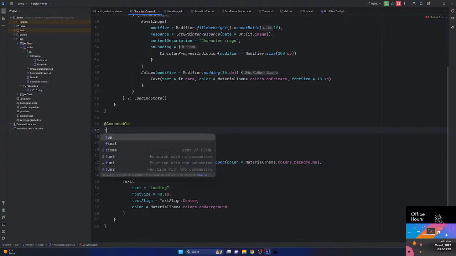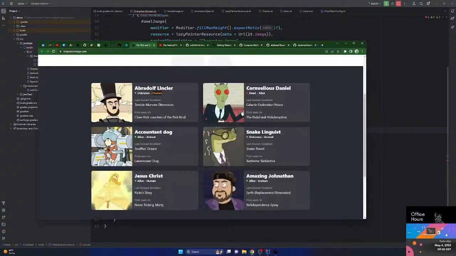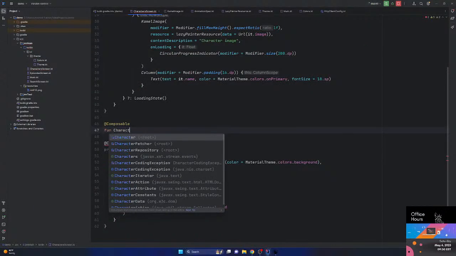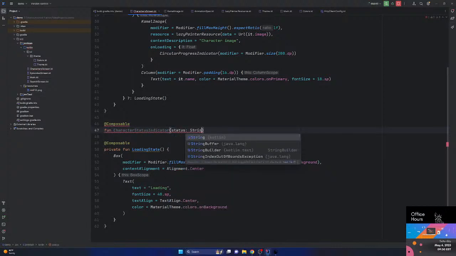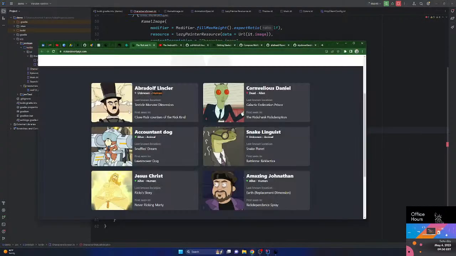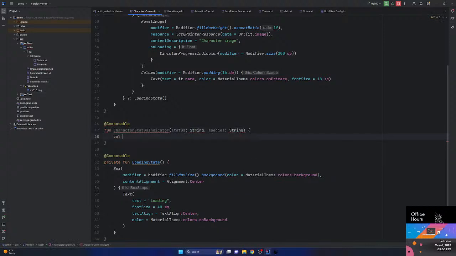So we're going to break down little elements in our UI. So let's call this thing, I don't even know, character status indicator. It's going to need a status, which is a string, and a species, which is also a string. So we're going to say val indicator color is going to be when our status,